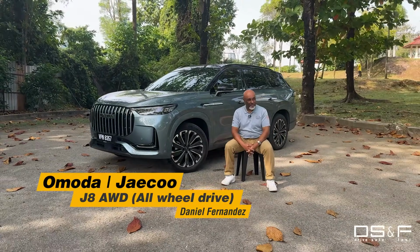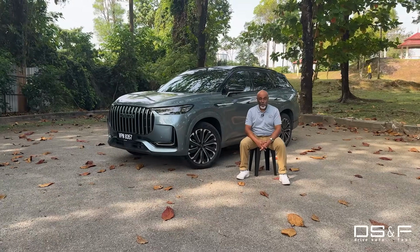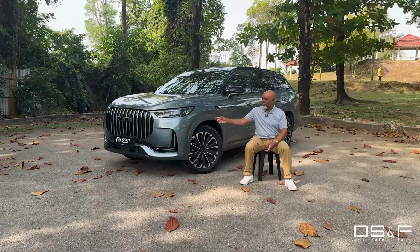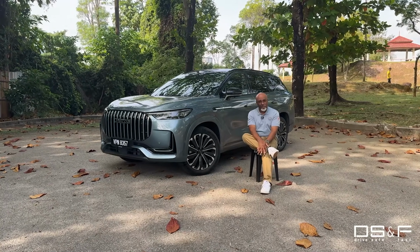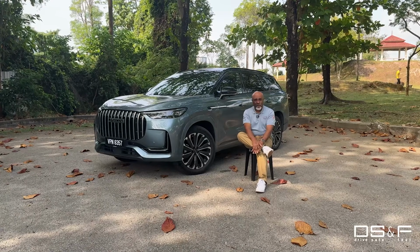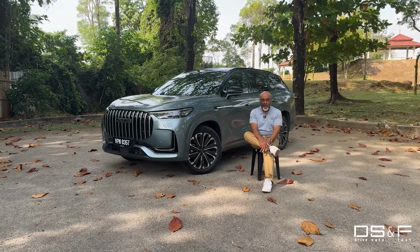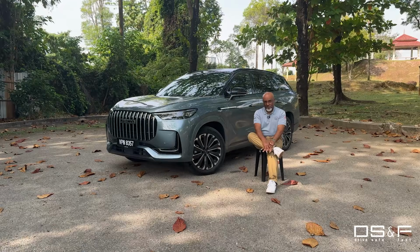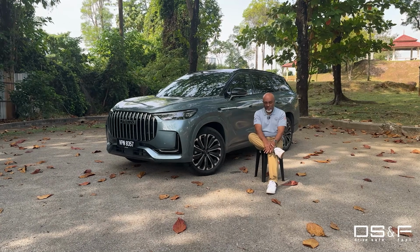Looking at this, Jaecoo is a talked about auto brand right now. Very much talked about. Everybody's doing videos on this. Everybody is highlighting its handsome looks. Some are even saying it's got the lines and design language of some very prominent brands in the market. It's got some of the features of some very iconic brands that have been in the market for decades. But let me tell you this,